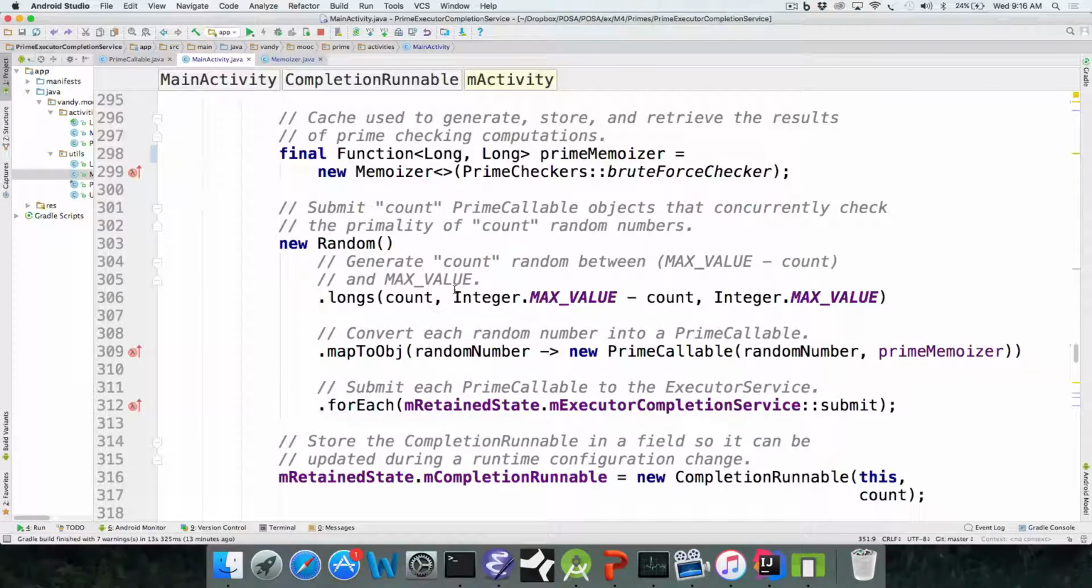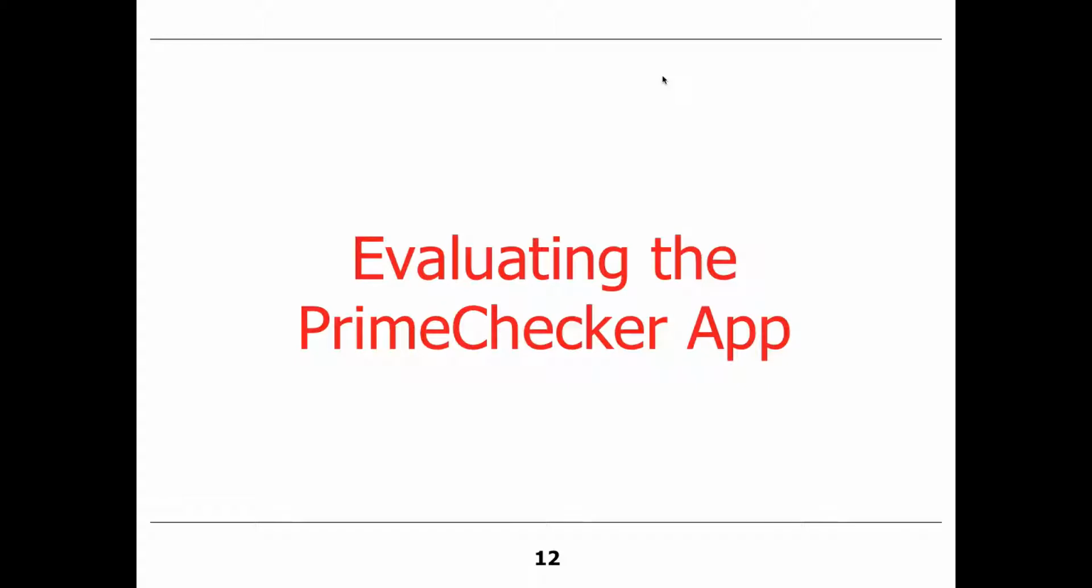OK, any questions, more questions about the code? It's definitely worth taking some time and looking at this example, because it shows a lot of really cool stuff. So now that we've looked at the code, let's go ahead and evaluate the PrimeChecker app that uses the Executor